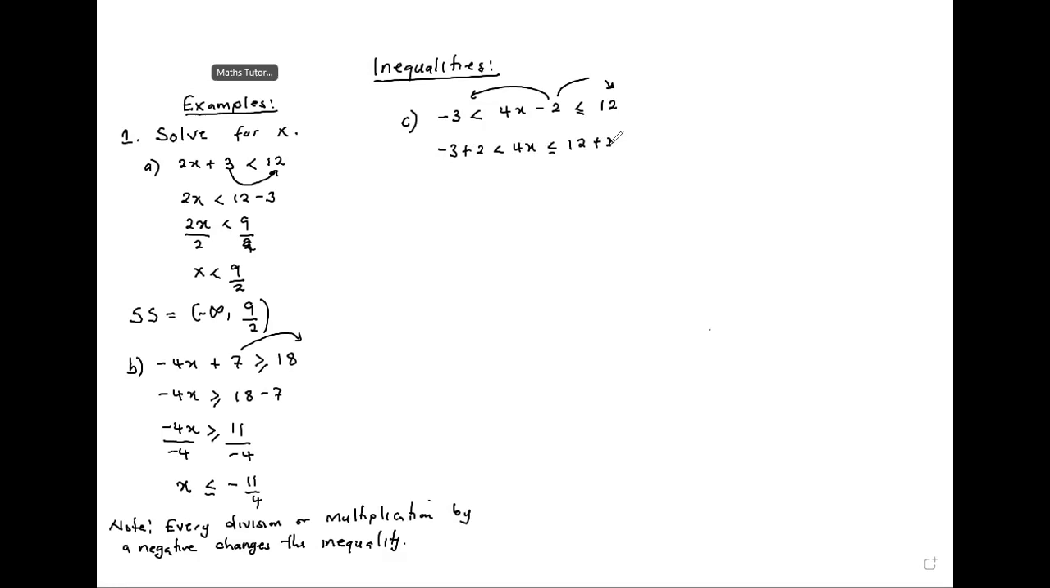So it becomes an easy thing that way than separating them. So we get negative 1 less than 4x less or equal to 14. And then divide by 4, divide by 4, divide by 4. So we get negative 1 over 4 less than x less or equal to 7 over 2. Even that way,